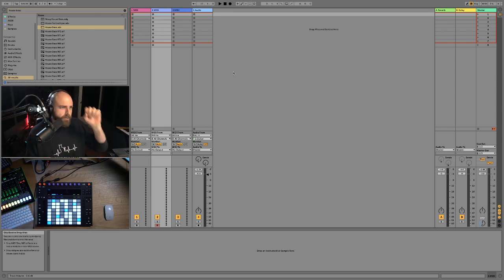All right, so for my 5th idea here is the Simpler slicing mode. This is an awesome feature of Ableton's simple sampler device, which is called Simpler, which allows us to slice up audio just like we would be able to with any sampler, really. So if we take a nice melodic sample and drop that into a Simpler device, we can have a lot of fun with it, and it's generally a pretty good place to start. I use this a lot when I'm using acapellas for slicing them up.